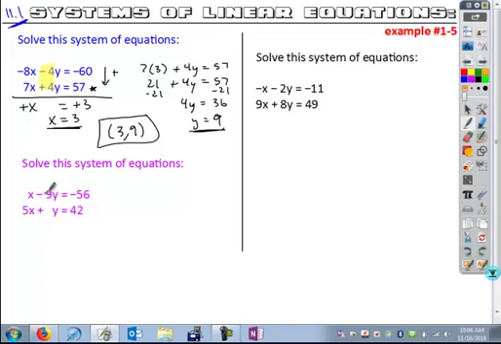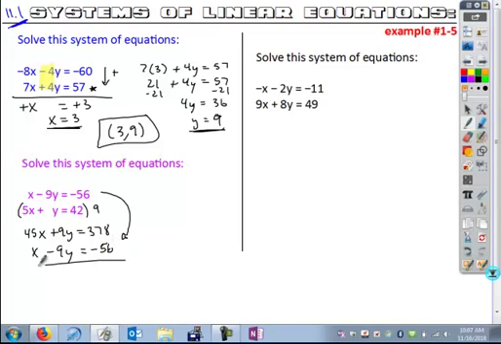So here, since the x's are both the same sign, but the y's are opposite signs, I could multiply every term in this equation by 9, and that would give me 45x plus 9y equals, if you looked at this, 9 times 40 is 360, 9 times 2 is 18, 360 plus 18 is 378. And so here's this new equation, and if I just combine that directly with that first equation,